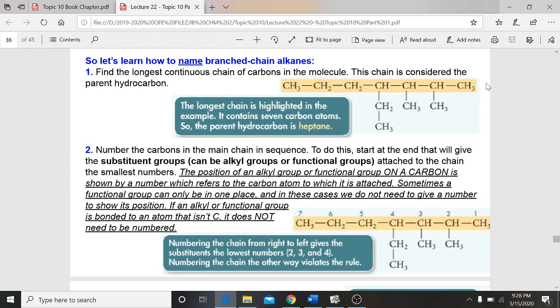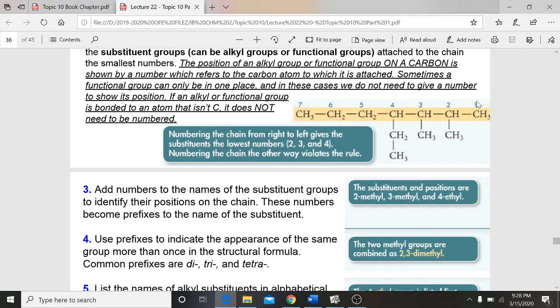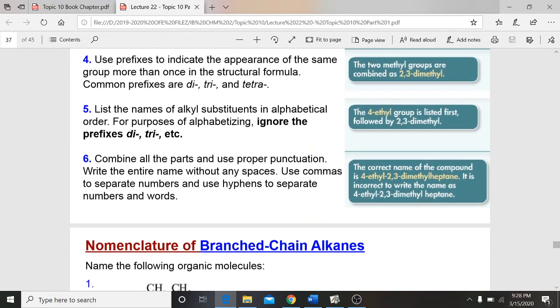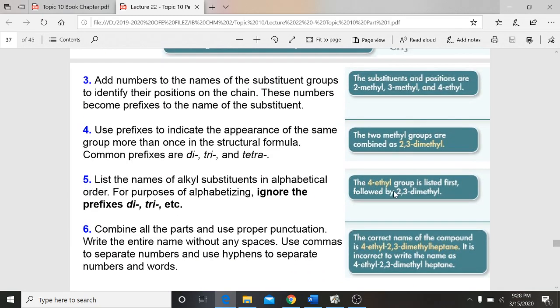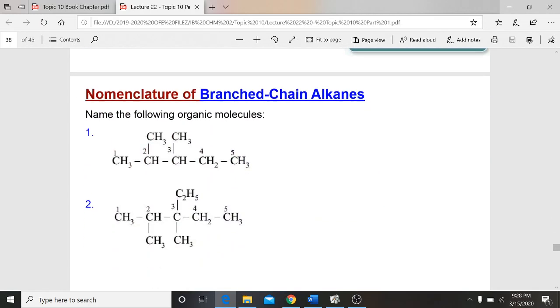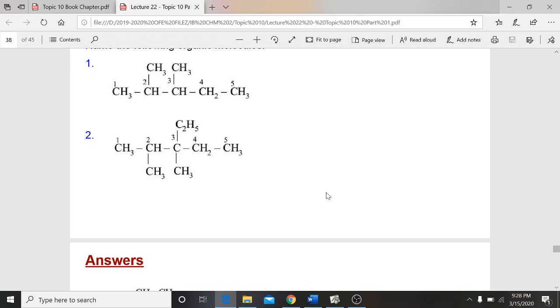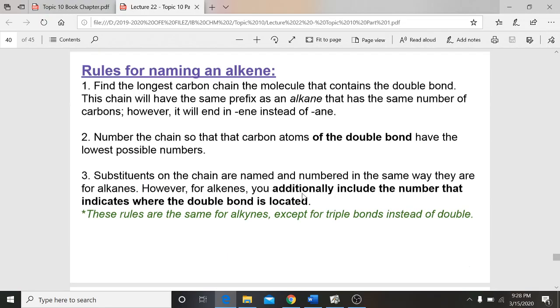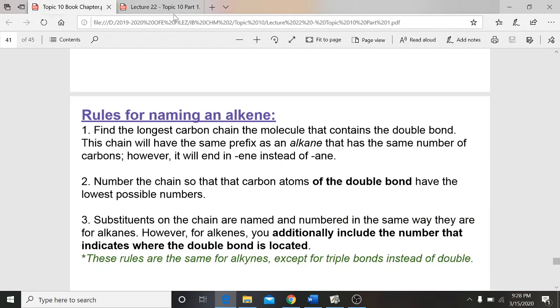So it starts by showing you the longest chain, how to identify it, how to number it, what these methyl and propyl and ethyl groups are, these alkyl groups, and then how to name the molecule using the correct notation, the IUPAC notation, which is heavily used in your test in May. But no worries. You're going to do great. Okay. Going back,